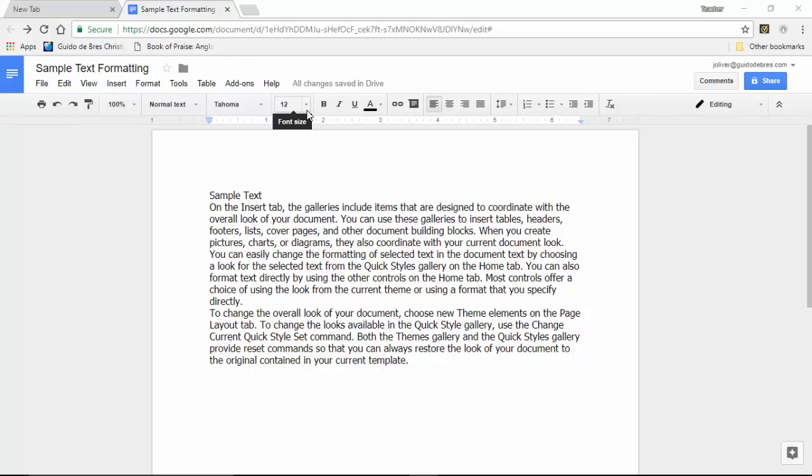By the way, in a couple of assignments, you're going to see the letters PT. It stands for points. And that's these numbers here. So each one of these represents a certain number of points, 8 points, 12 points, and so on. You probably know how to change the font face to different things, and we're not going to worry too much